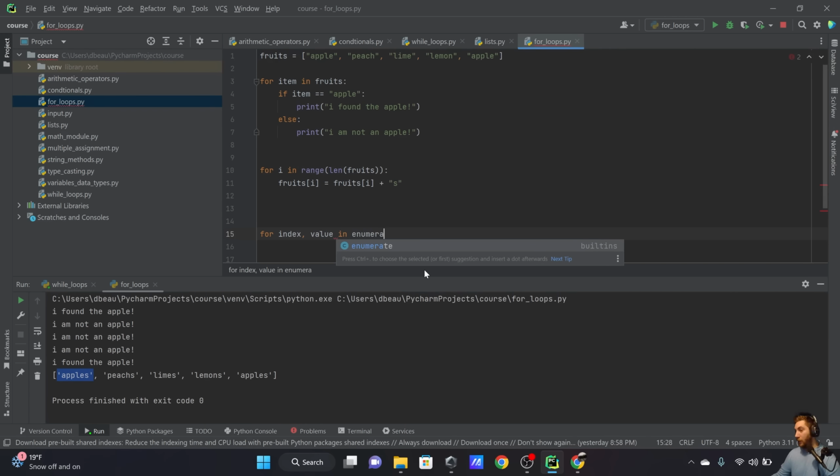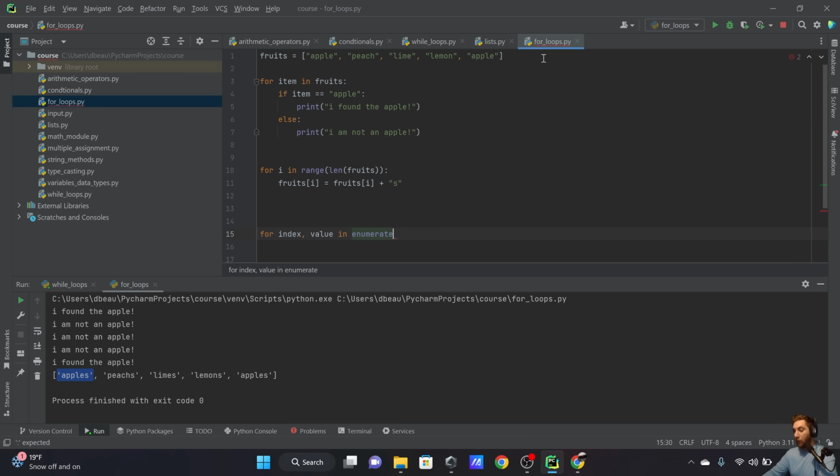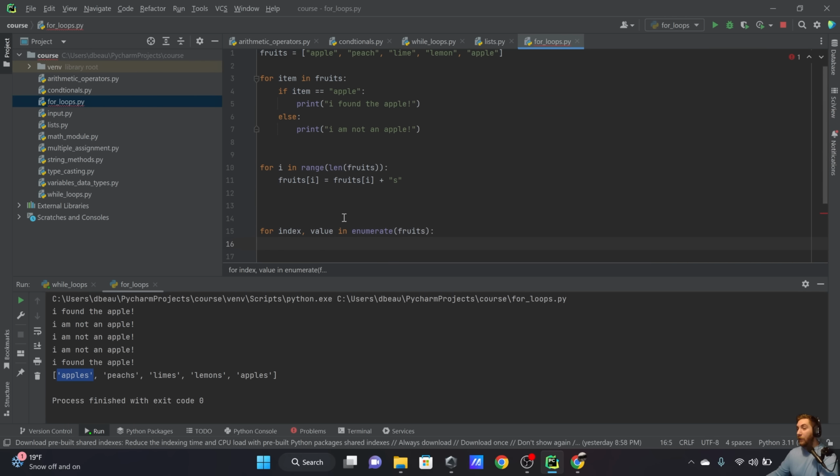Now, if you look here, this has a C. Okay, that means this is a constructor. And what it's going to do is it's going to take our list up here and construct it into an enumerate object. Okay, so what I'll do is put enumerate here, put the parentheses, and now I'll pass in the list. And now if I was to just print